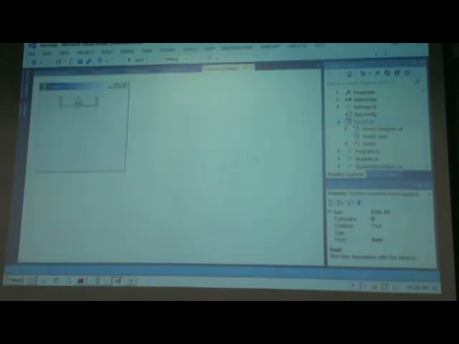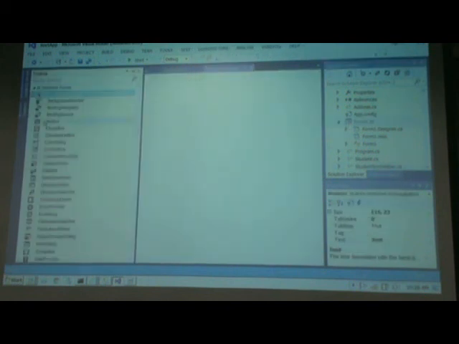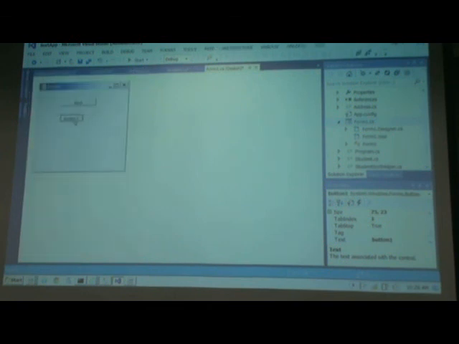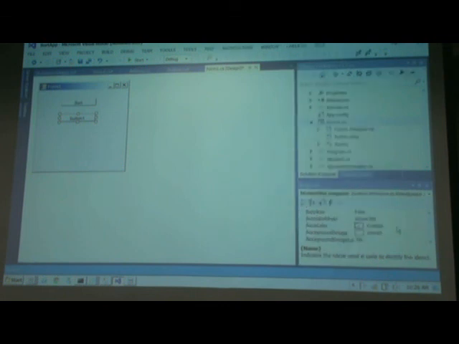So if I double click on the form, if I go to the toolbox, double click on a button, and let me call this btn sort by comparer, and give it a text property of sort by comparer. Okay, so now if I double click on it,